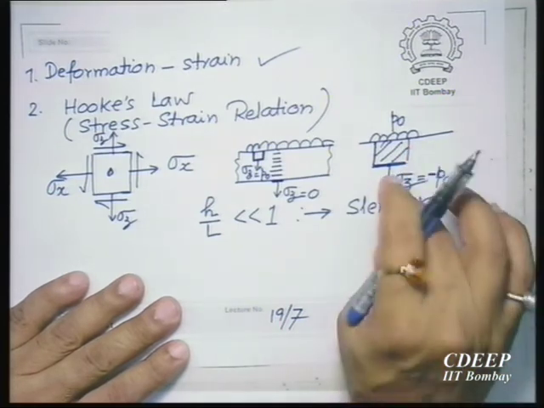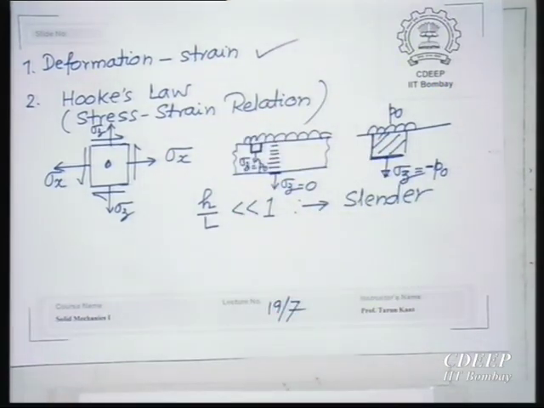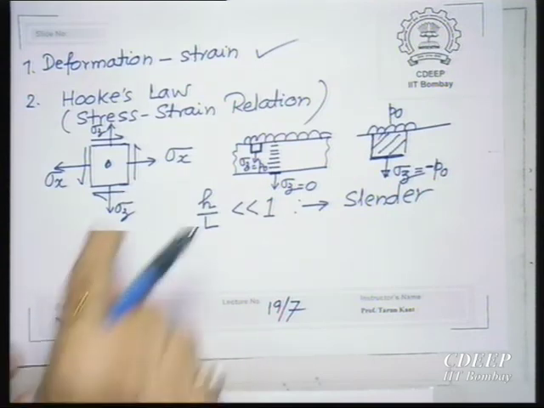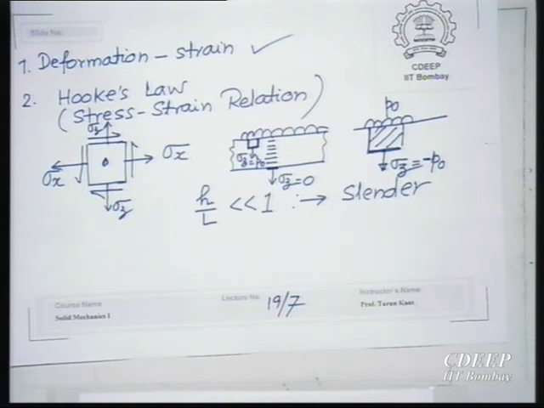So the maximum value of sigma z is where the loading is there on one of the surfaces, and that loading is not much. Normally when it is UDL, it is a small loading, and the moment you come in, the value of sigma z is very small compared to sigma x. Sigma x is the stretching of the fiber, because there are sigma x, sigma z, and then shear stresses. So this one is very small compared to sigma x.